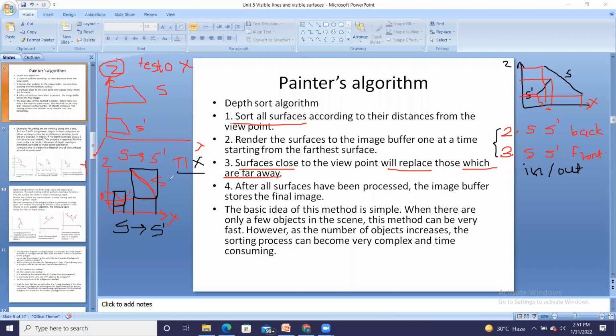Okay, so when test 1 fails, that means the case is like this. It has overlap along the x-axis. It has overlap along the z-axis as well, z and x. In both directions, the surfaces are overlapping. Then if the surfaces are overlapping,